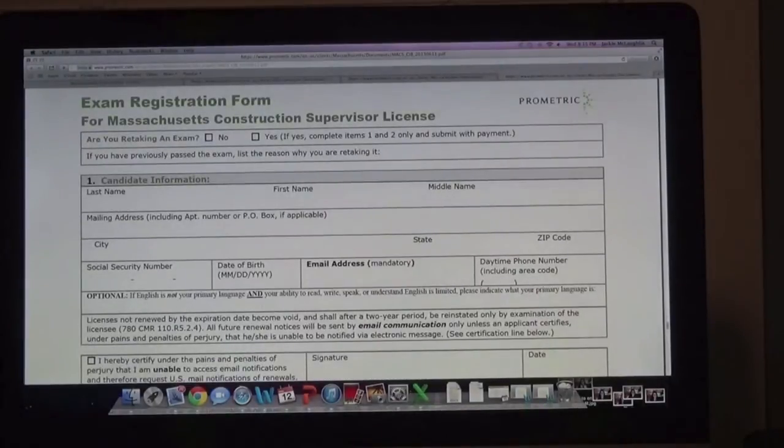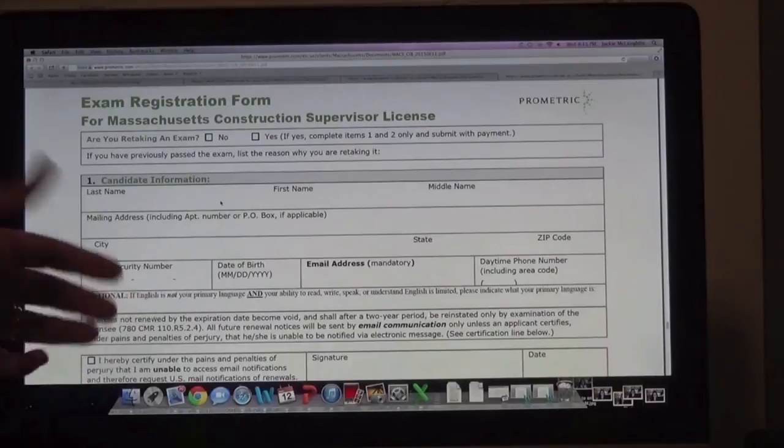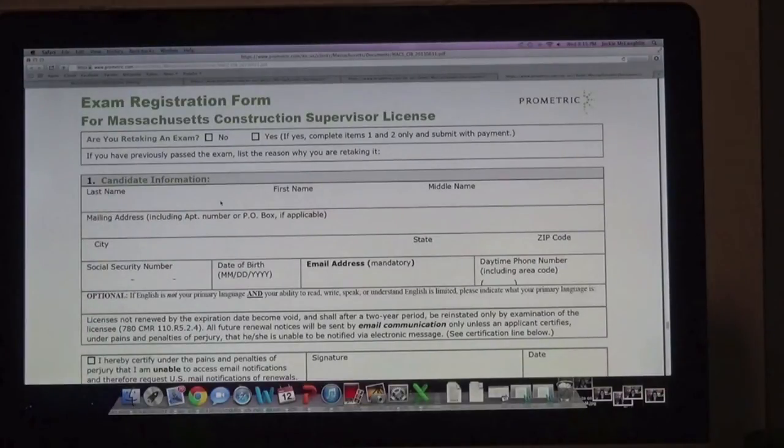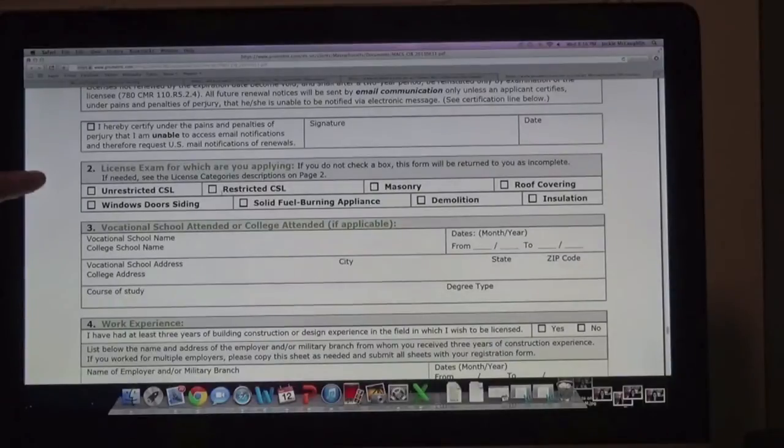Okay, so here we are, registering for the exam. Really simple. Under 1 is your candidate information: your last name, first name, mailing address, city, social, date, email address. You can see that it's mandatory. Email address is mandatory. And then you keep scrolling down and you'll see under 2, license exam for which you are applying. It's really important. Unrestricted. CSL unrestricted, top left. Highest license the state gives,